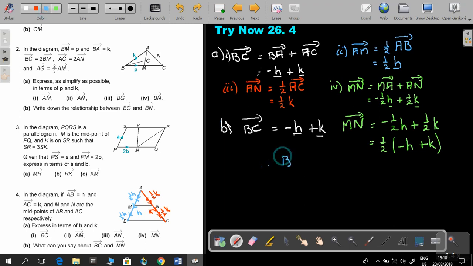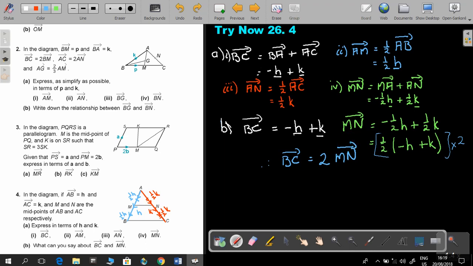I must multiply this one with 2 to become this one. So for this one to become that, I must multiply it by 2. Can you see? Because then the half will cancel out. So I will say BC equals